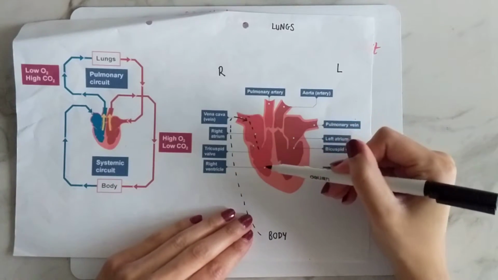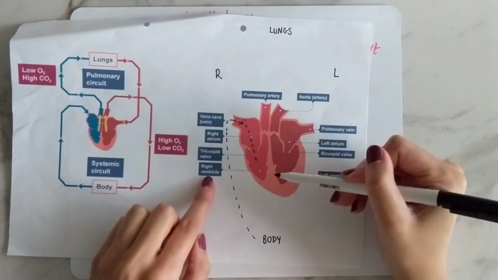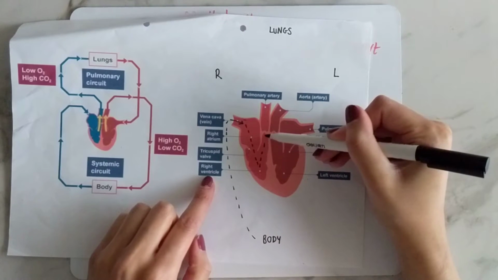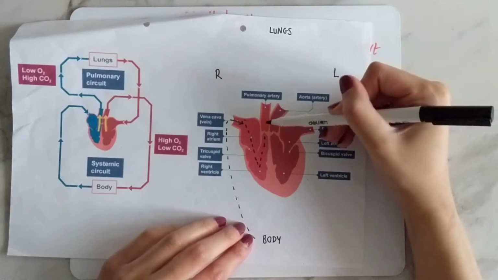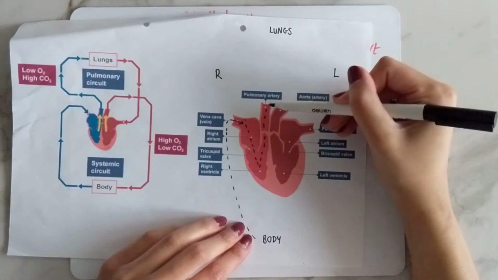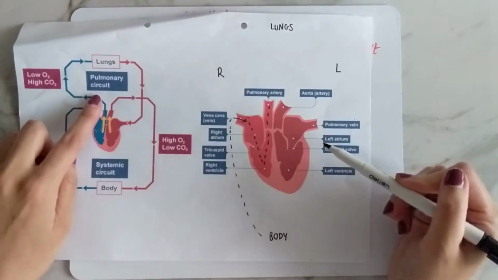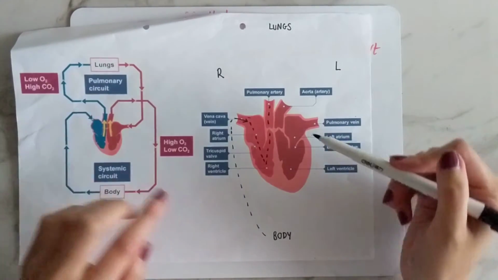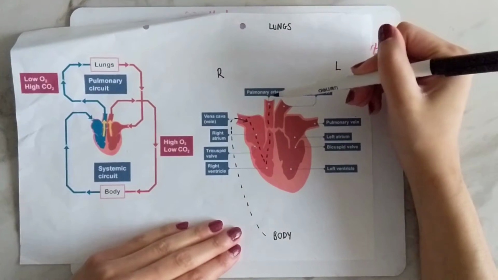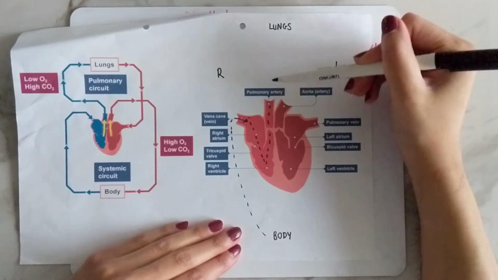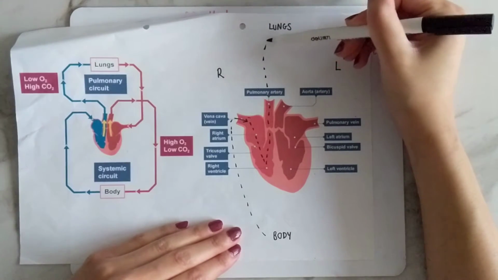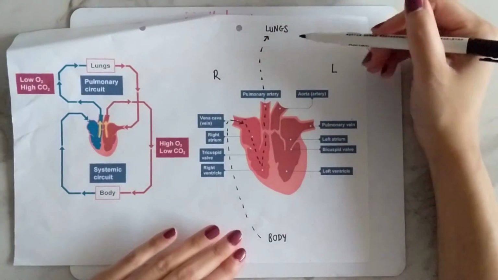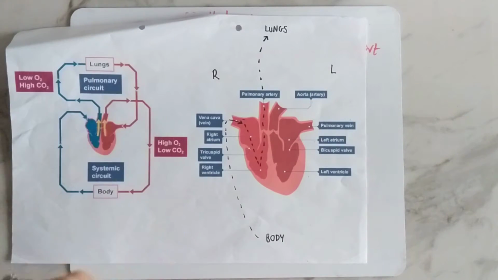So we're going through the tricuspid valve, into the right ventricle, so this area here, and then up, past another valve there, out the pulmonary artery. Remember, this circuit between the heart and the lungs was known as the pulmonary circuit. So that might help you to remember the name of this artery, the pulmonary artery, because it's between the heart and the lungs. So we pick up oxygen at the lungs, then, I'll do it in a different colour,